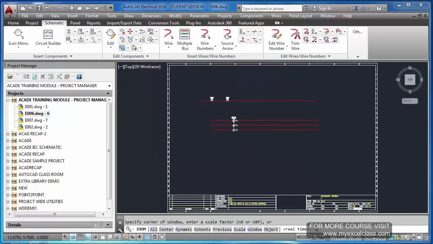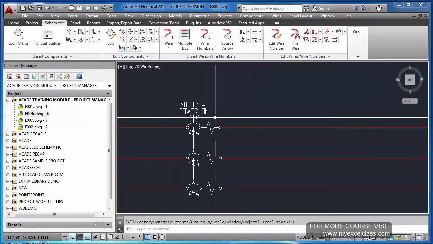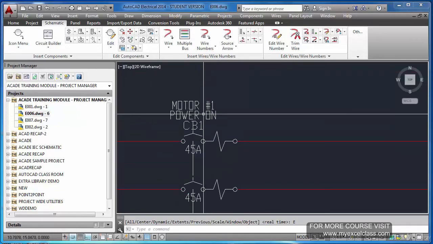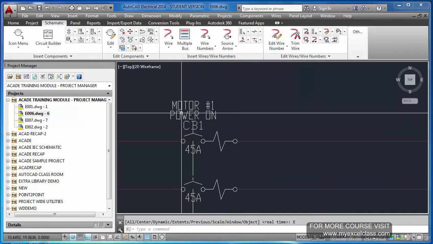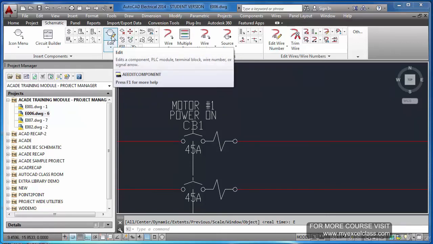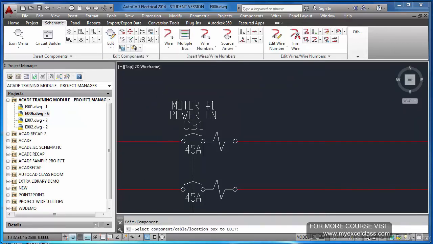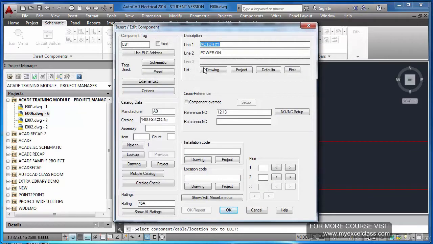Now I have inserted a component, so if I want to edit this circuit breaker or current rating or even the description, I can go to edit, select, here it is.